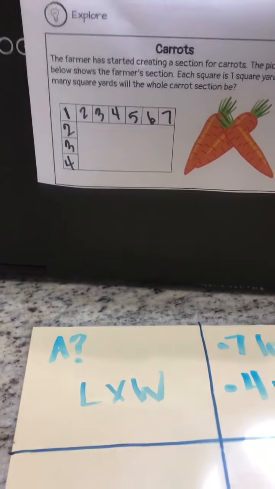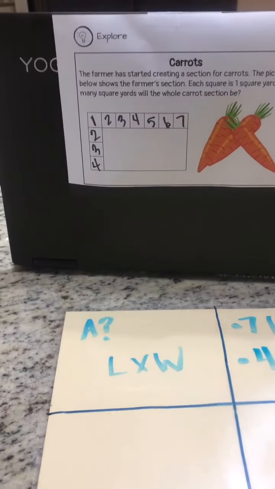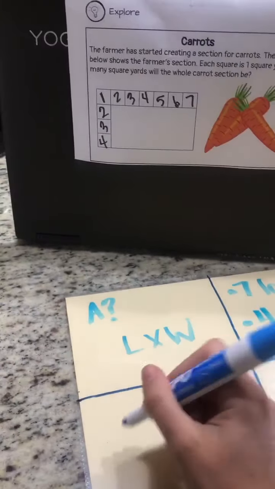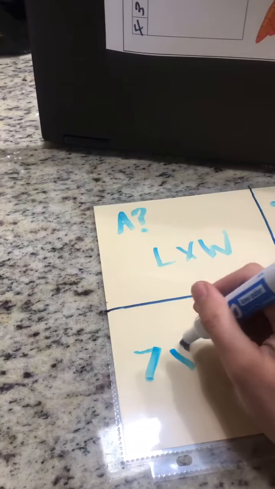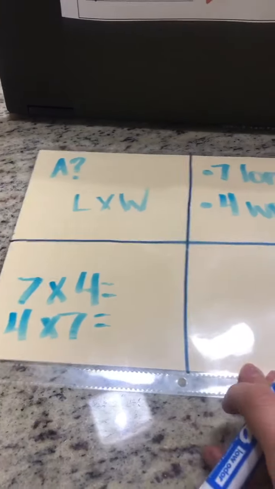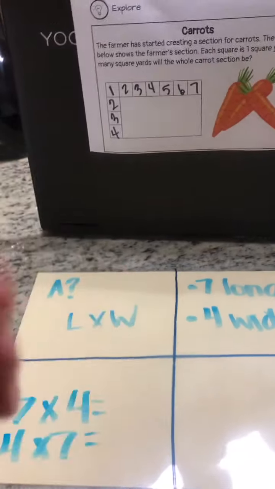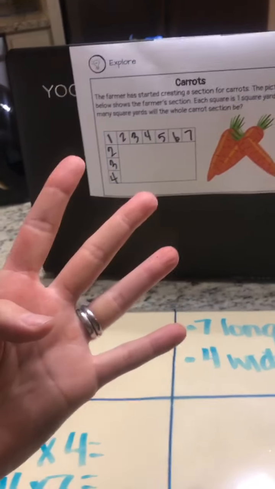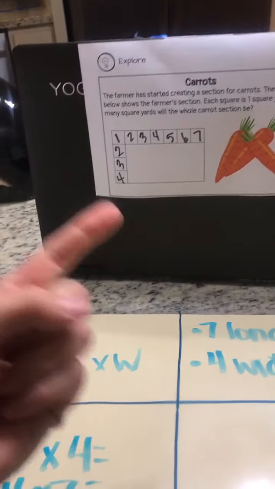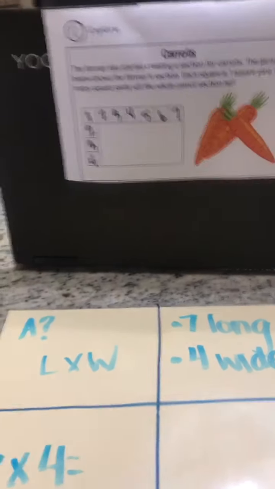Are y'all singing the song yet? I hope so. Okay, so we know before we sing, I'm going to write the equation, 7 times 4. Does it matter if we say 4 times 7? No, it doesn't. We're going to get the same product either way, okay? So we know we need 4 groups, and we're going to count by 7s. Ready? 7, 14, 21, 28. There you go. 28